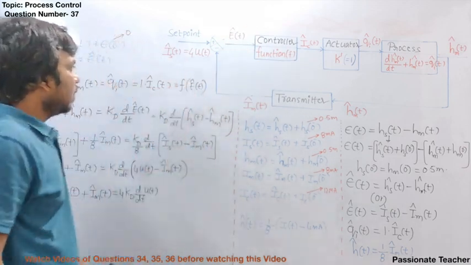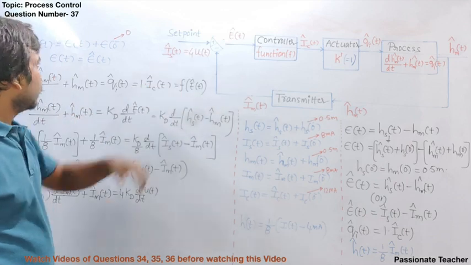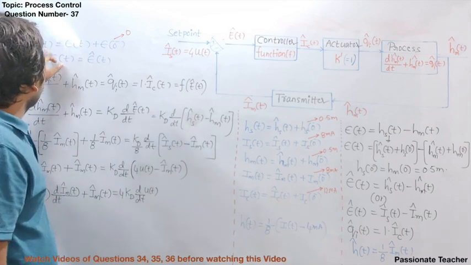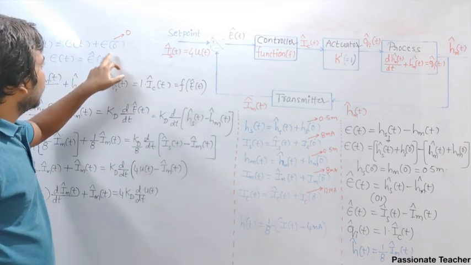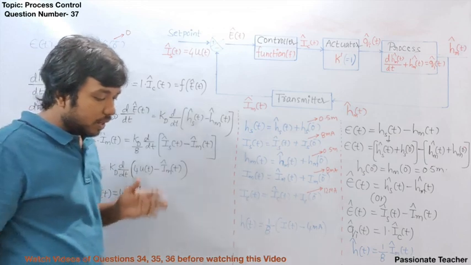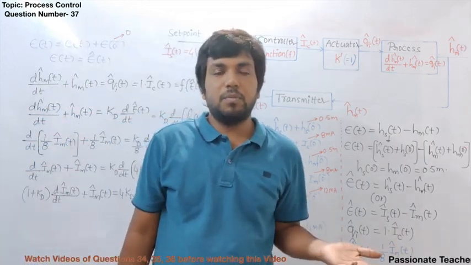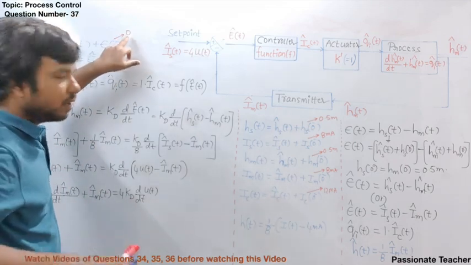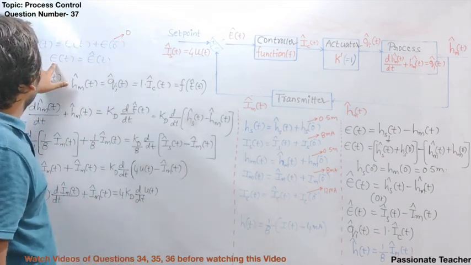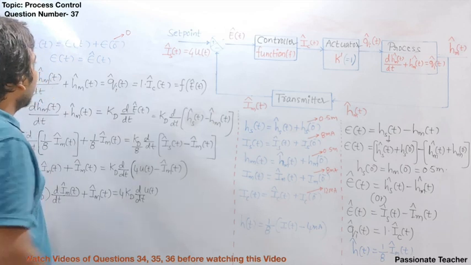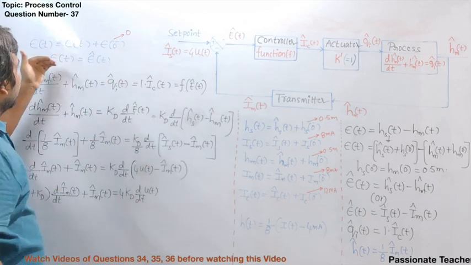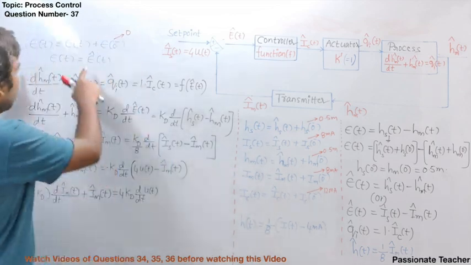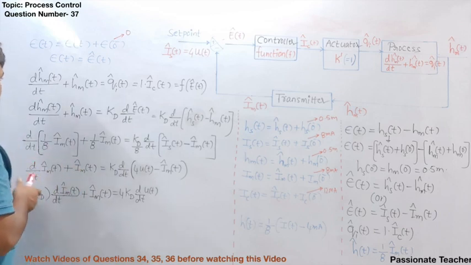What is E cap of t? Now let's investigate what the error is in this process. Error is also a variable which varies with respect to time. That can be written as E cap of t plus E of 0 minus. E of 0 minus is nothing but the error initially, before changing the set point. At that time we don't have any error because it is at steady state, right? So the error is 0 at that time. So E of t is equal to E cap of t. That means in the entire evaluation, there is no difference whether you write E cap of t or E of t. Now, if I substitute this, let us look at what is going to happen here.